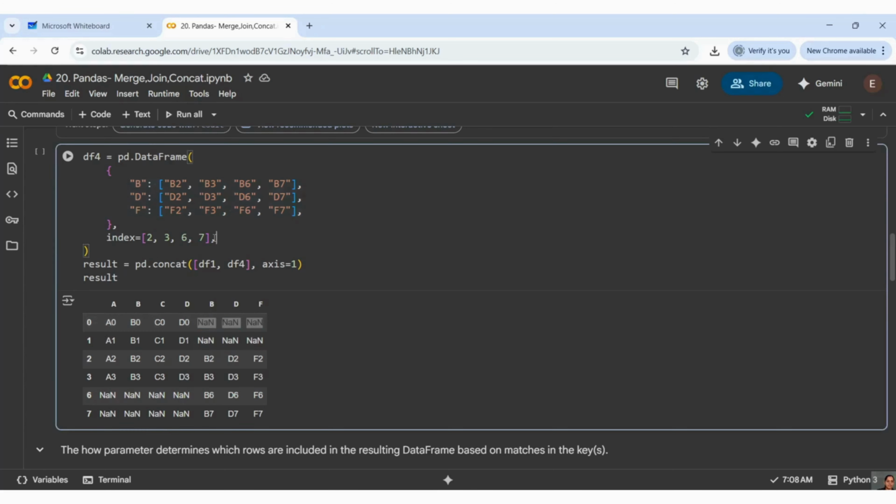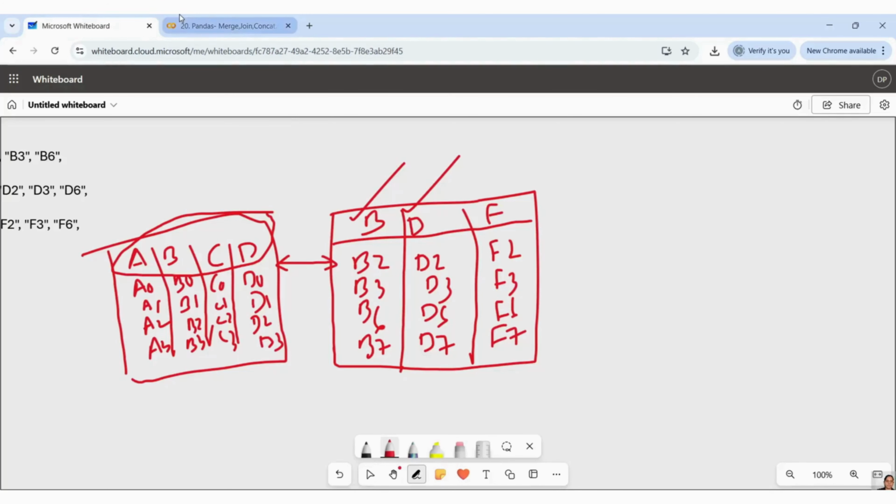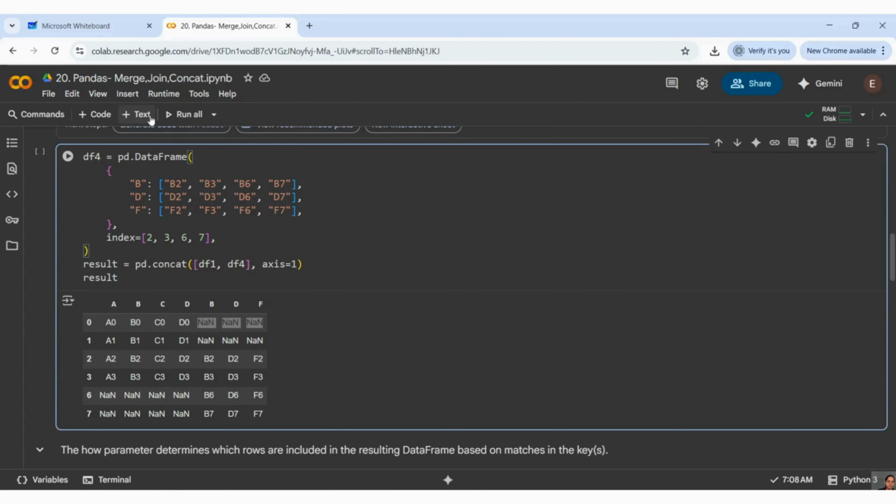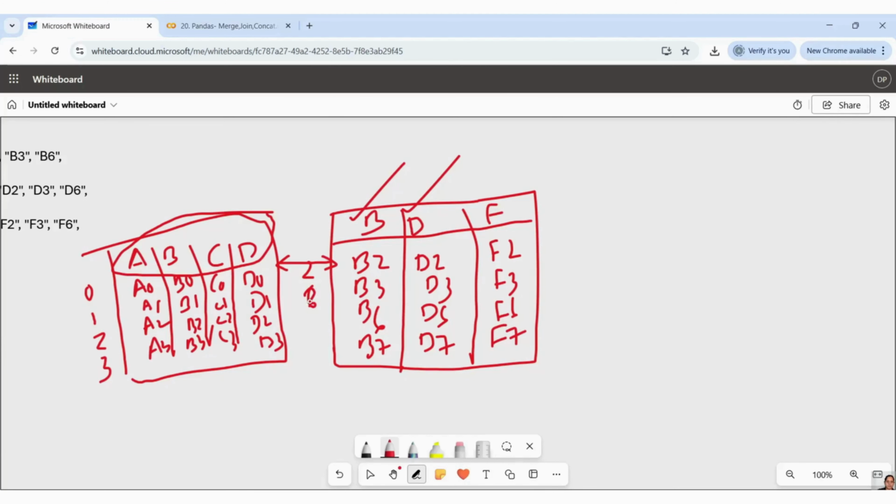Do we have any values in the 0th row? Because this is your index. Let me draw the indexes, 0, 1. Here, what are the indexes? 2, 6, 2, 3, 6, 7. So it is adding index wise.